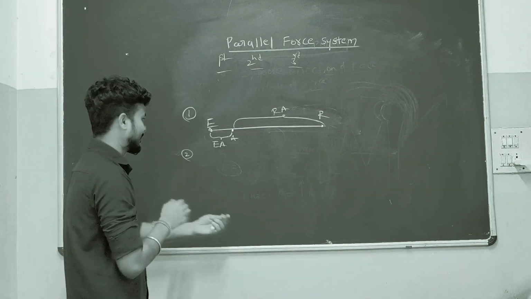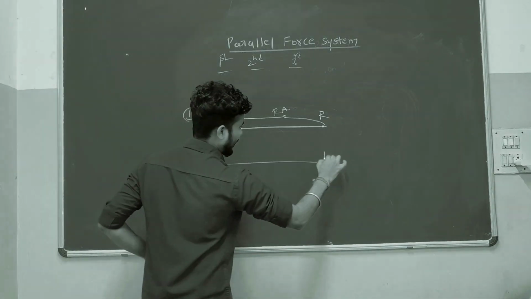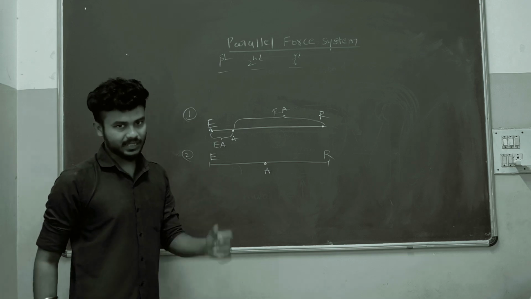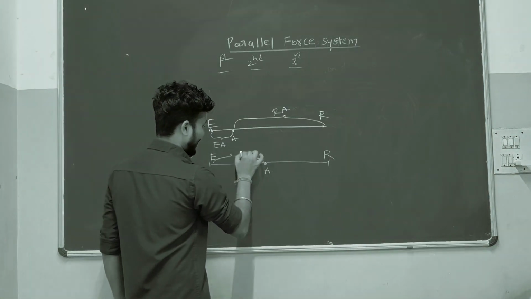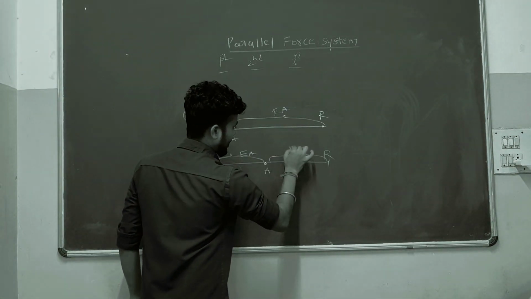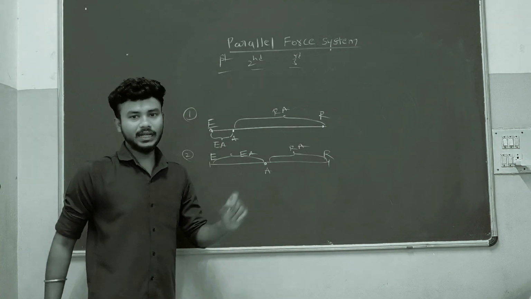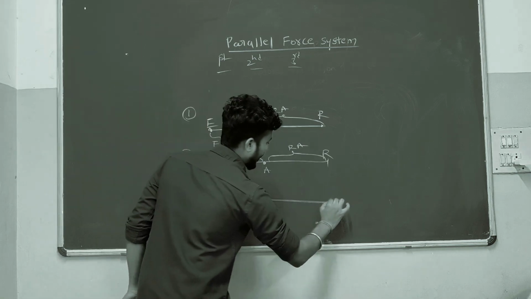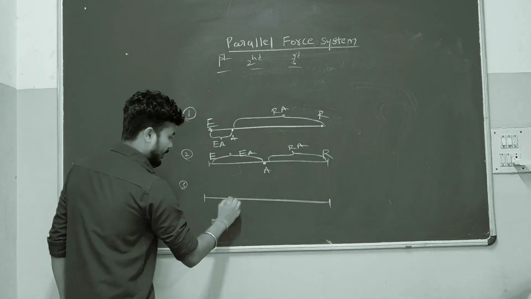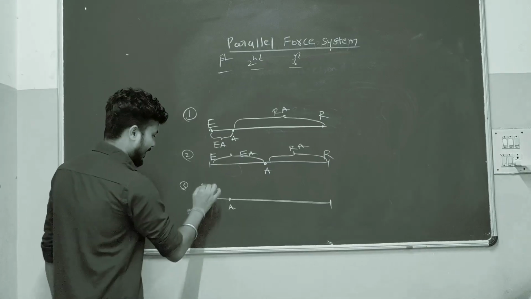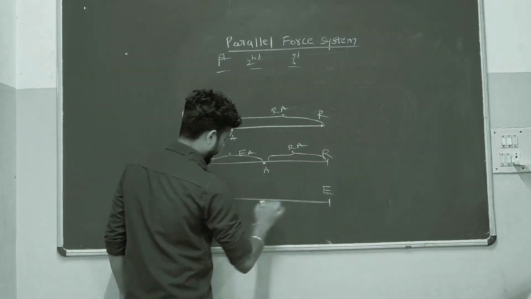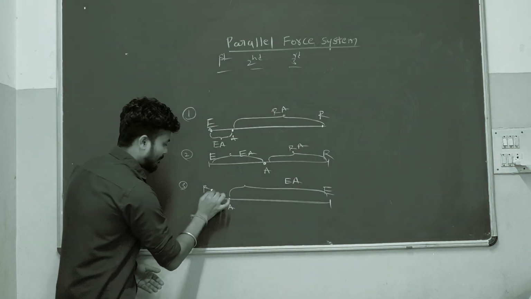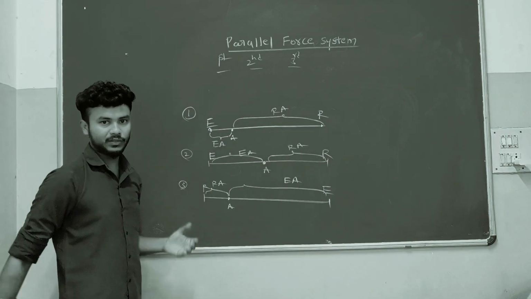Now the second variety. Same like a classic seesaw. Here resistance will be there, here effect will be there, and at the center the axis will be there. So here the effect arm is equal to the resistance arm. Now the third variety. Suppose one lever is there, and we have the axis here. This is resistance. This is effort. So here the effect arm is more compared to the resistance arm.